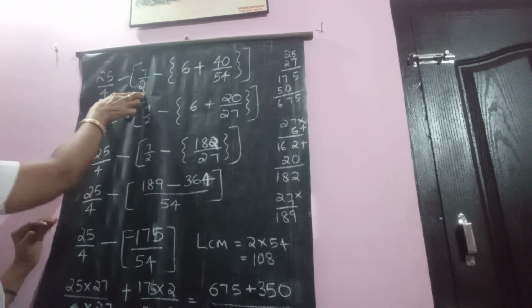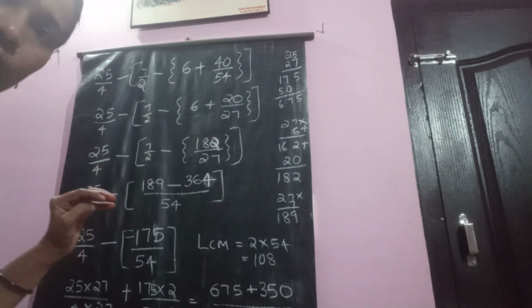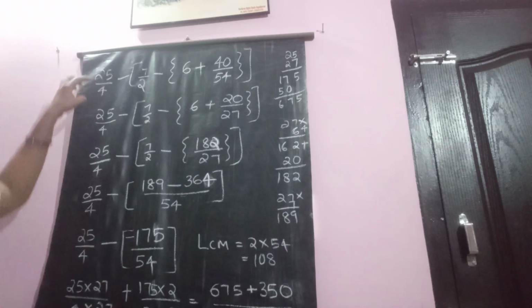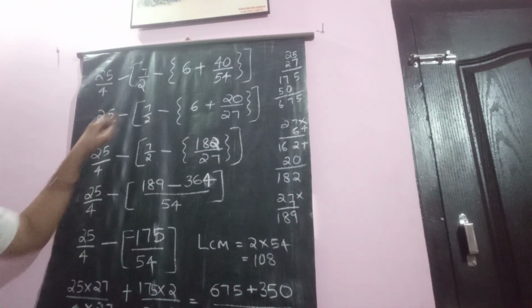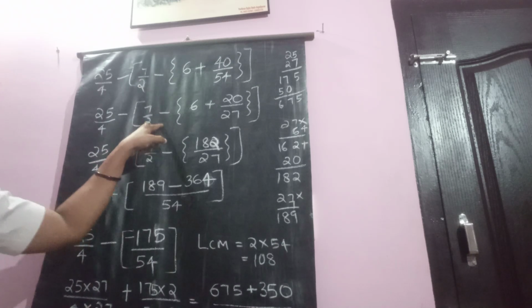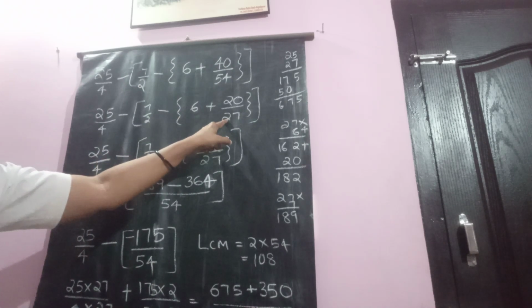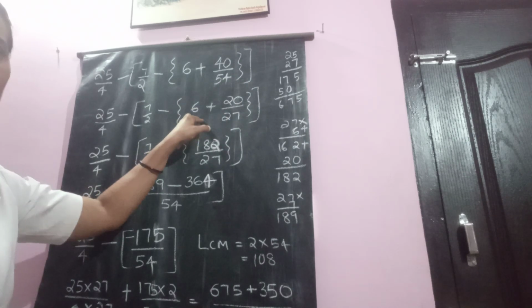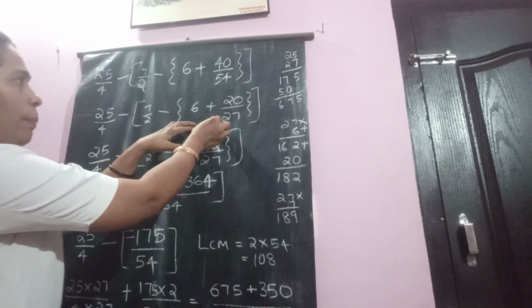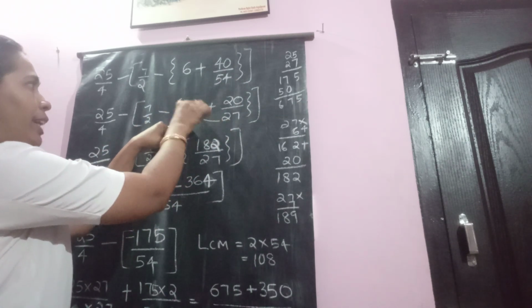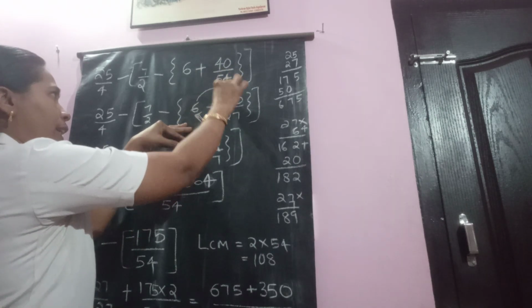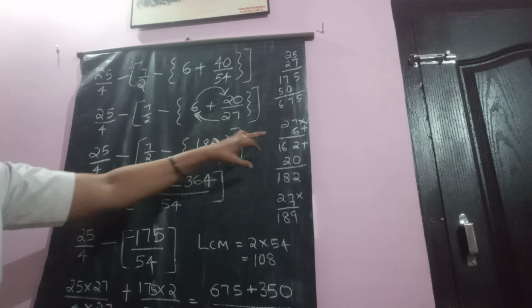First 2 terms already there. There is no change actually. So let us continue with the same itself. Isn't it? So 25 by 4 bring down. 7 by 2 bring down. Minus of. Now you add this one. How to do this one? Using mixed fractional form. Like this. Multiply 27 into 6. Then you add this number with 20. So teacher did it on your right side.